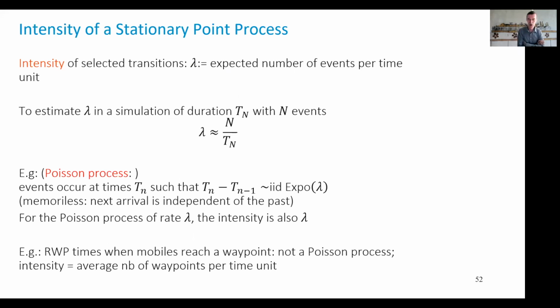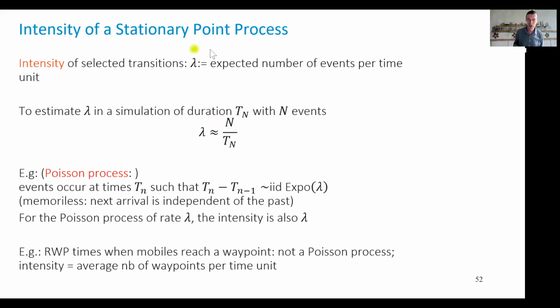This framework allows us to introduce a general concept called the intensity of a point process, which we have seen always in simulations. If I have a simulation where I look at particular events that I call Tn, for example, arrivals, lambda is the average number of arrivals per time unit. That's exactly the intensity. So in a simulation where I see n events and the total simulation has lasted in total Tn, of course, if I increase n, I might change Tn, then lambda in the simulation will be estimated as n over Tn here.